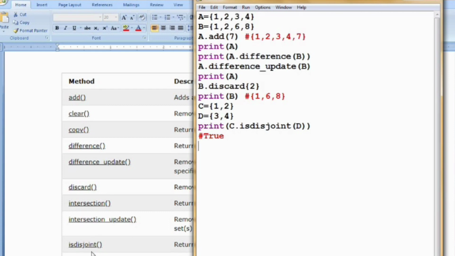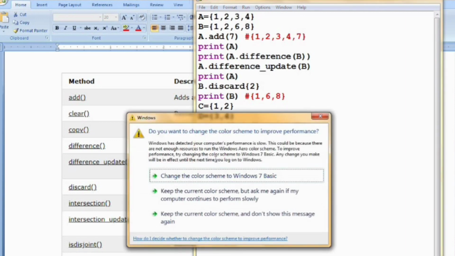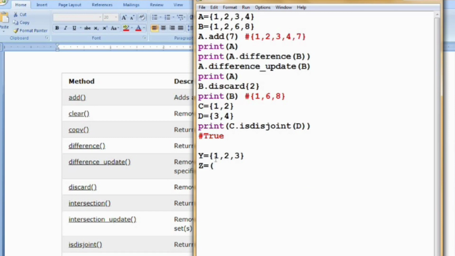So what is the next function? The next function is subset. Suppose I am creating set Y is equal to 1, 2, 3, and Z is equal to 1 and 2.